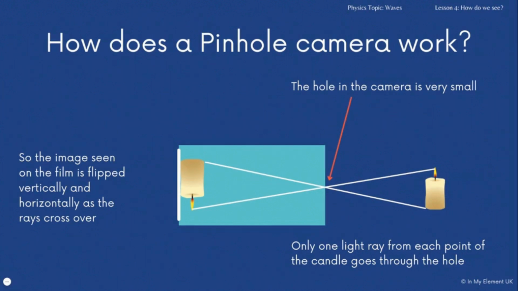Okay, so you've looked at the structure of the eye. We've looked at light energy being transferred, and we've also looked at how the pinhole camera works. That's the end of this set of lessons for the waves topic. There's another unit to follow on from here looking at sound waves, but before you go on to that, you need to finish this off, have a go at the worksheet, rewatch this lesson if necessary,